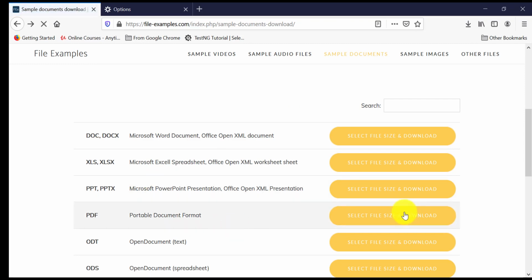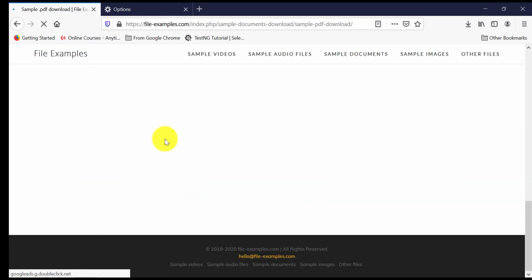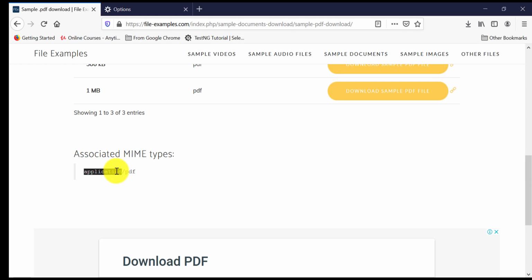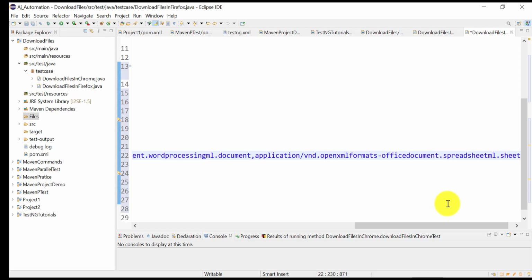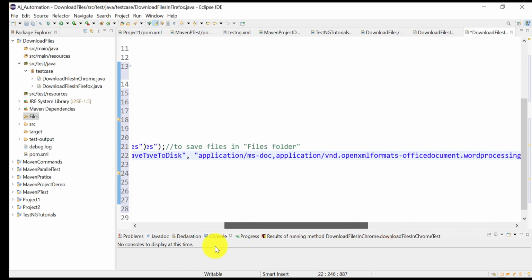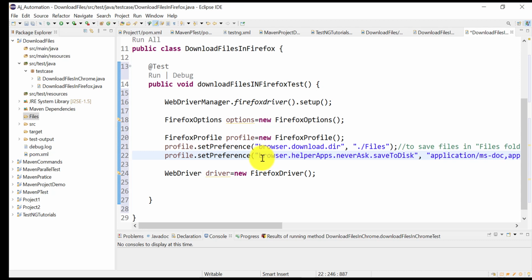And for PDF, what is the MIME type? Application/PDF. So copy this, comma. Okay, that's it. So we have set MIME type as values for this preference. So it will directly go and set this preference, and I will show you when Firefox opens where these values are saved. So save this,